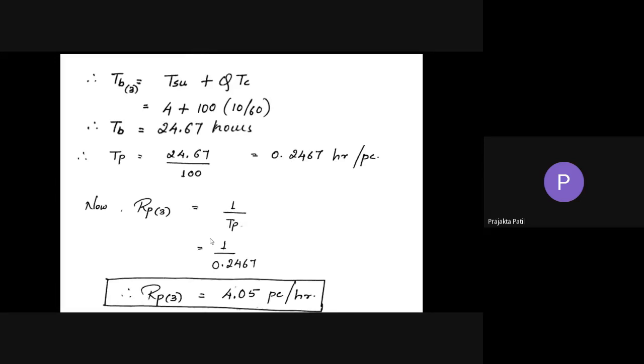Okay. I'm giving half a minute for those who have not finished it to finish it. Please copy it down correctly. The only mistake I have made here is the setup time: I have taken it as 4 instead of 8. Please make that correction. Rest of the things are correct.